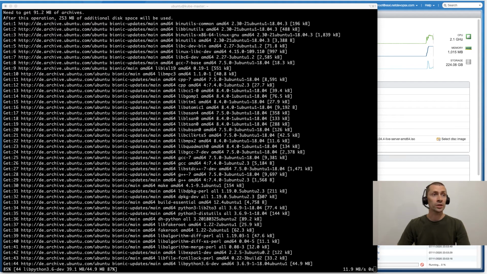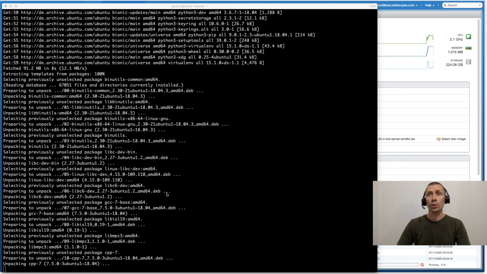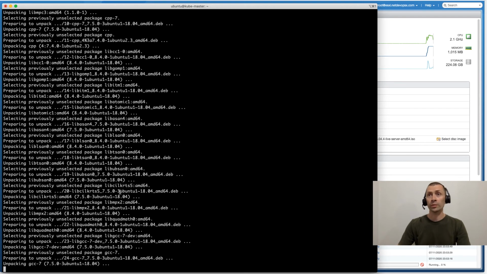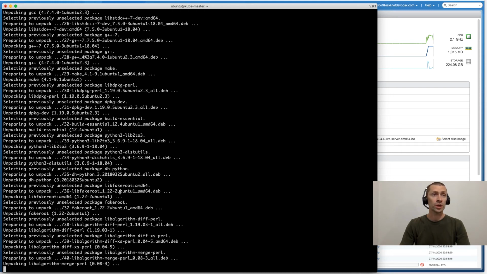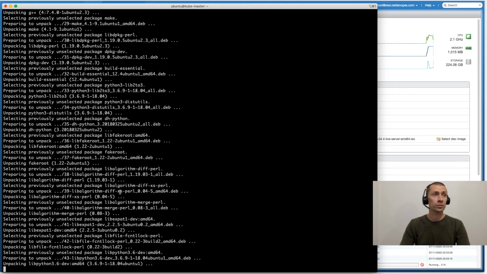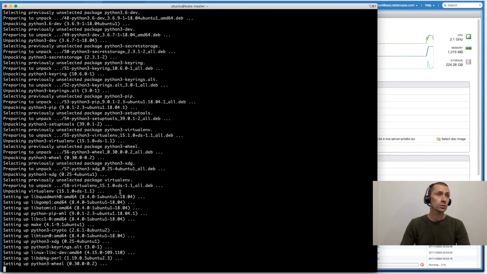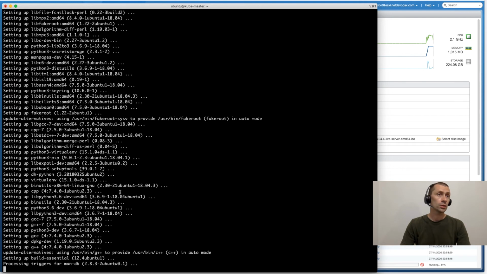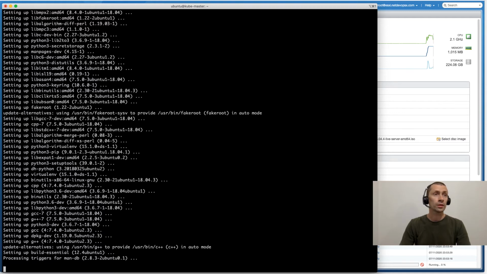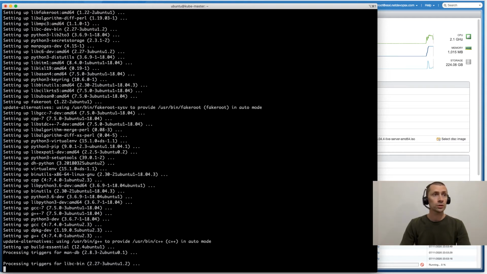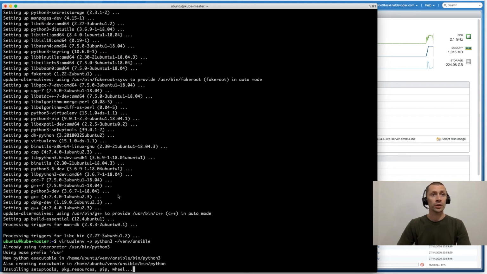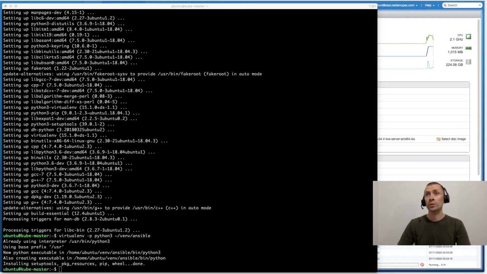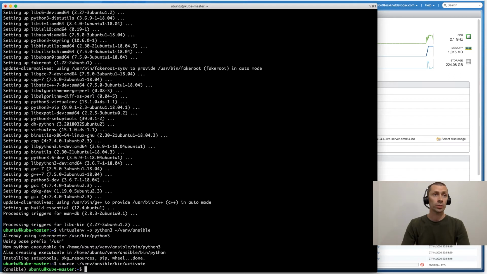And then it will be done very quickly. We will create the virtual environment. We will call it Ansible. Let's wait a few moments, and 1, 2, 3. Okay, almost done. 1, 2, 3. Done. So we created the virtual environment, and we will need to activate it. Okay, we are inside. As you can see, this is the name of the virtual environment. It's Ansible.